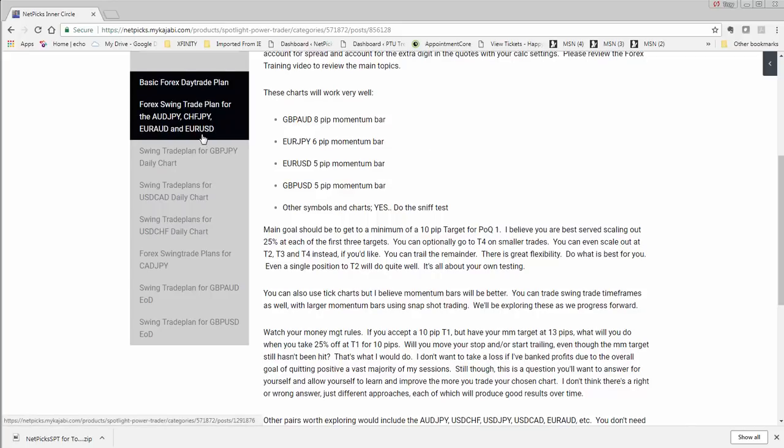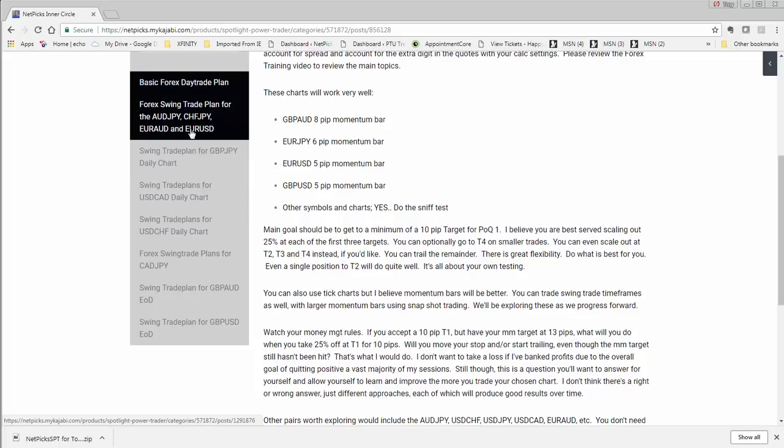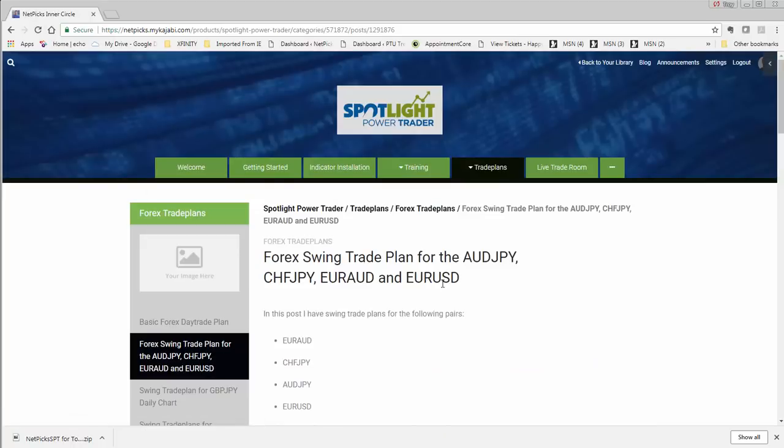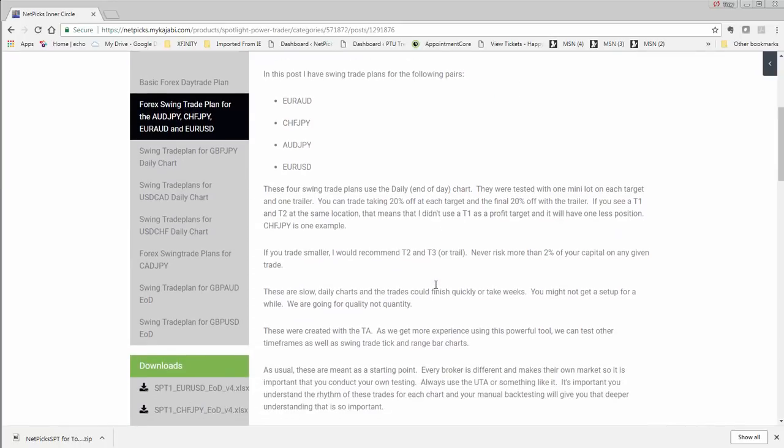Maybe you want to do the end-of-day swing trading. Now, Thinkorswim is fine for that. The setups work exactly the same as TradeStation or Ninja. So let's go ahead and choose. This one here has a Euro USD plan. So let's use that since we've already got that chart set up. And maybe there'll be some details printed in the trade plan description. The most important thing is that you get your